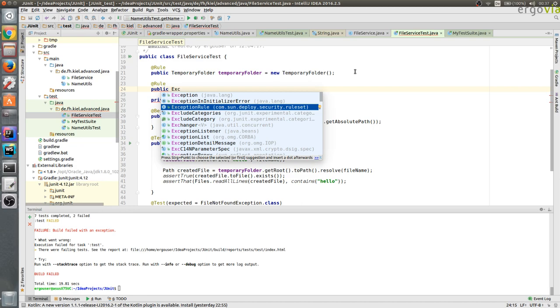And you can say something like exception, and this is expected exception none. So for default we don't expect any exceptions to happen because this rule applies to all different files here, different test cases here. We don't want to throw an exception in this case because it doesn't throw an exception,